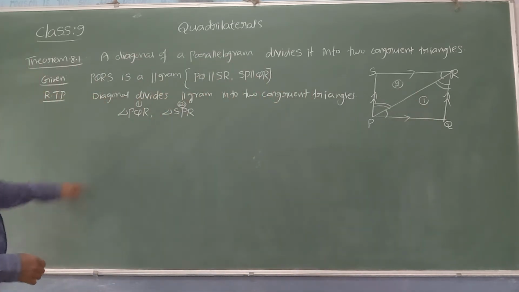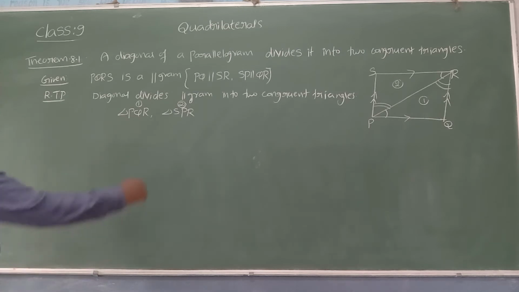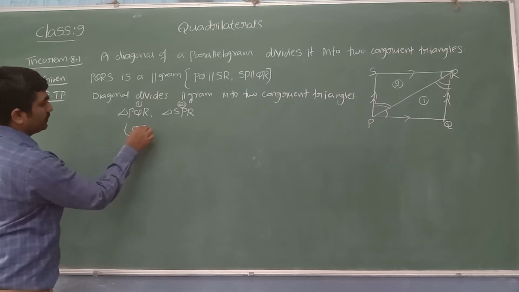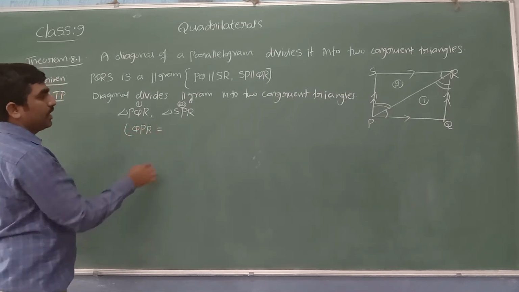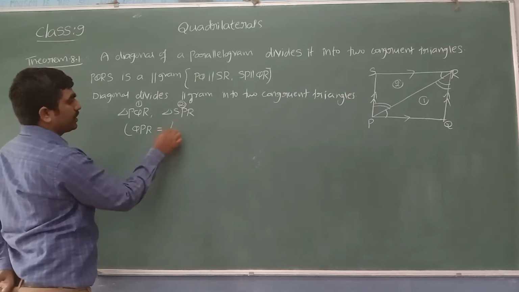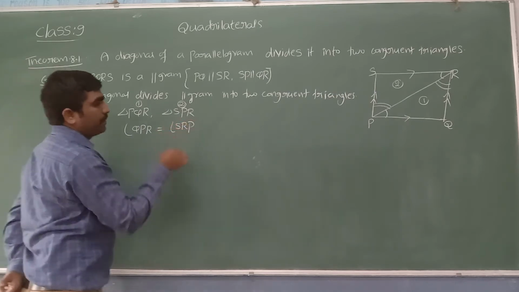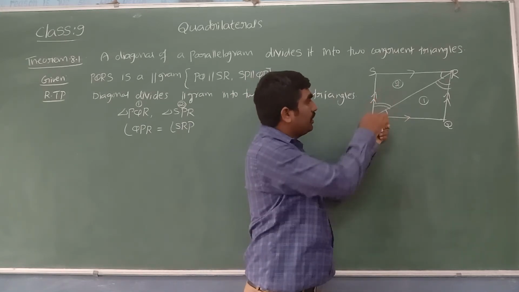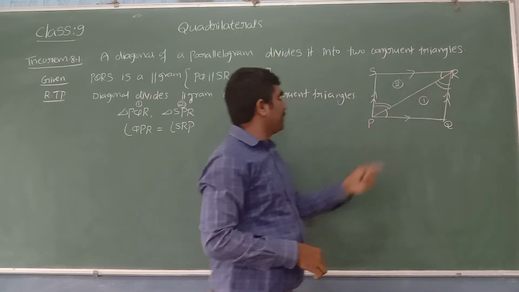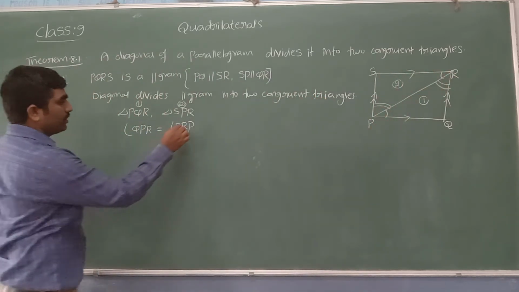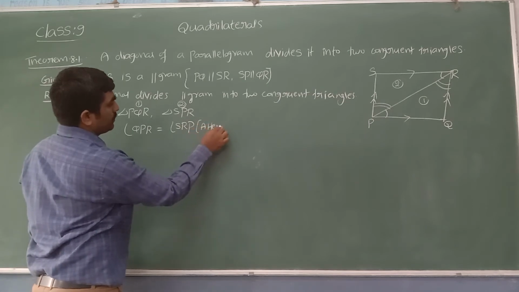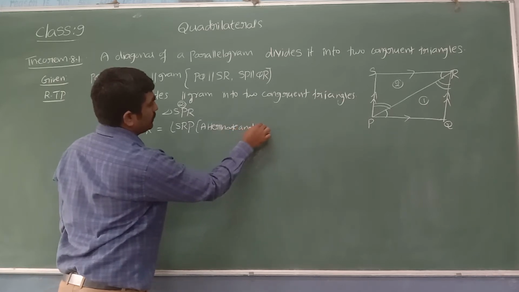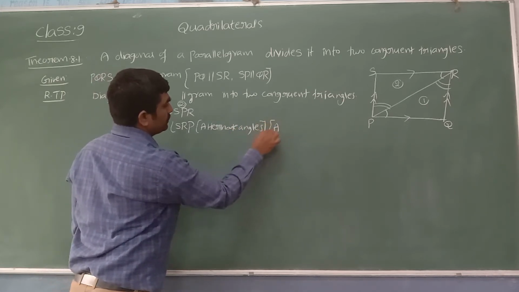Now let us write the equal parts. From triangle PQR, angle P, we can write with three letters: angle QPR is equal to, in the second triangle, angle R, which we express as SRP. We can't write it with a single letter. I wrote angle QPR equal to angle SRP. Why are they equal? Alternate angles, so they are alternate interior angles. Yes, I got one angle.